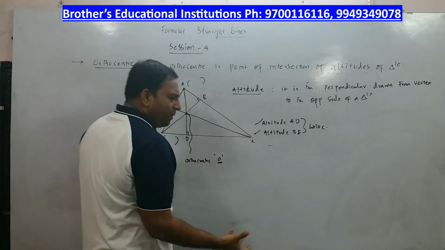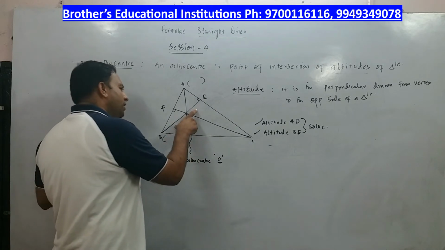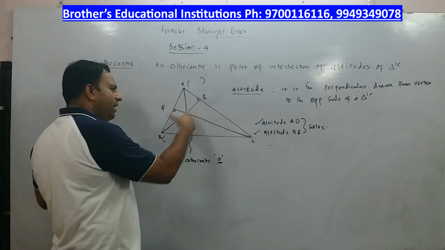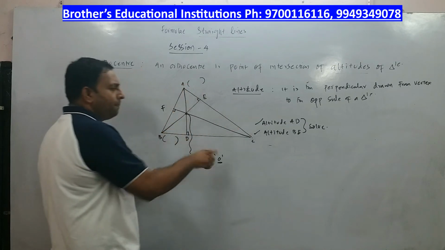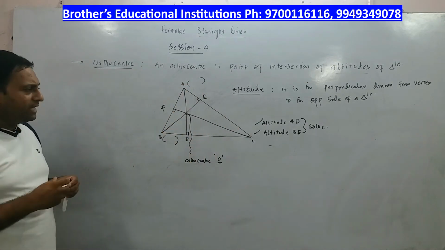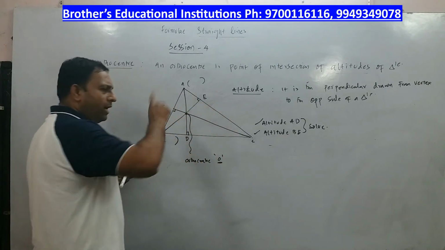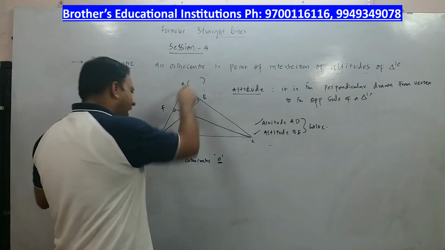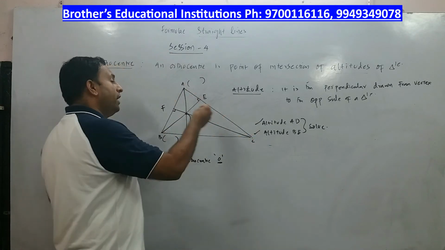Alright, so there will be two kinds of problems. In the first kind, the vertices of the triangle will be given to you and you are supposed to find the orthocenter. We have told you we will find altitudes AD and BE, and we will get the answer. The other kind of problem is where he will give you the sides of the triangle. When the sides of the triangle are given to you, your first job is to solve the respective sides, 1 and 2, 2 and 3, and 3 and 1. Get the vertices. After getting the vertices, follow the same procedure. You will be able to get the orthocenter.